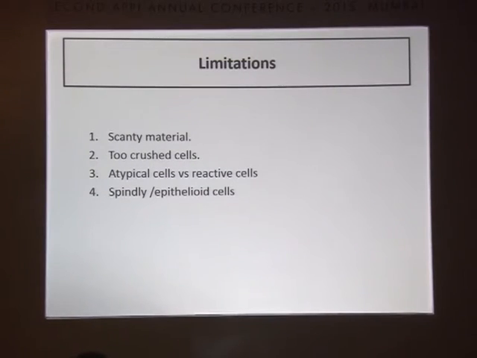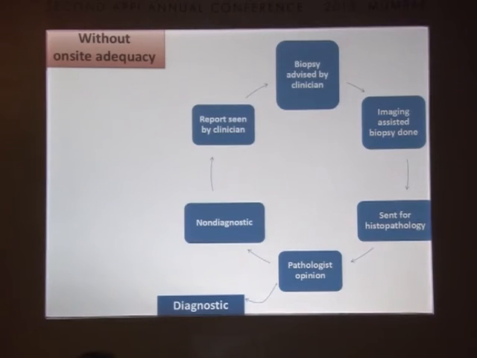Here, of course, if it is in the recurrent or metastatic setting, and the primary diagnosis is known, it is easier. If the primary diagnosis is epithelioid sarcoma and now you have a recurrence, you can very easily say that it is consistent with recurrence. So it depends on what the background is.